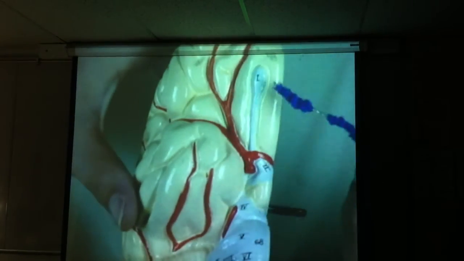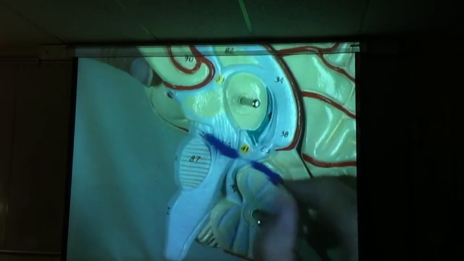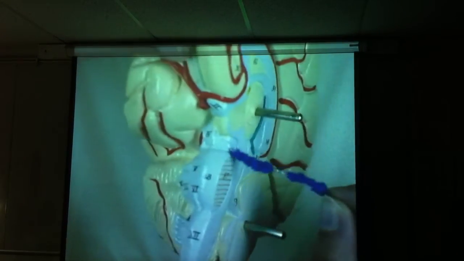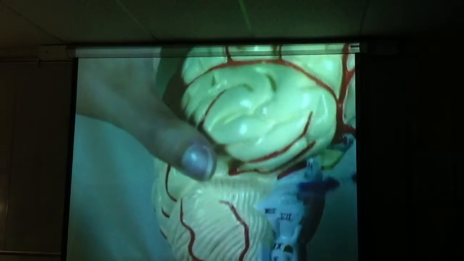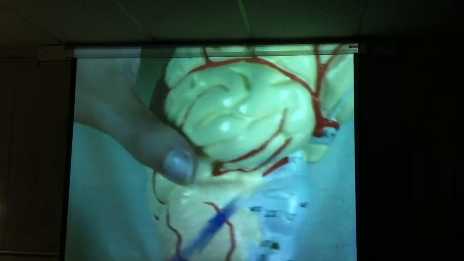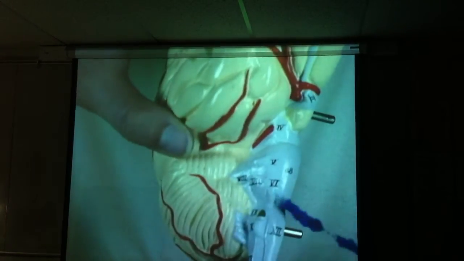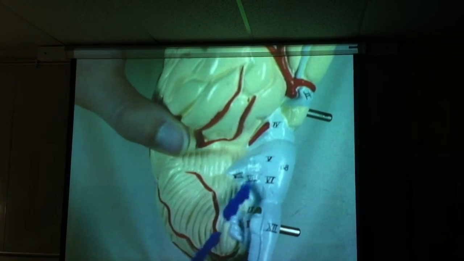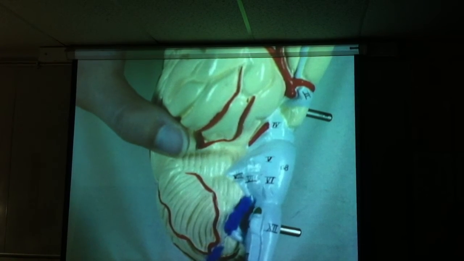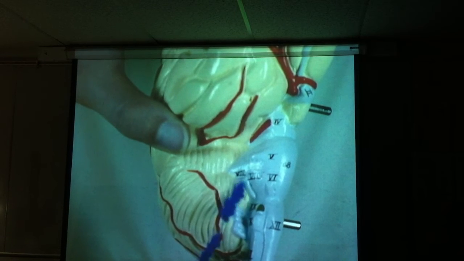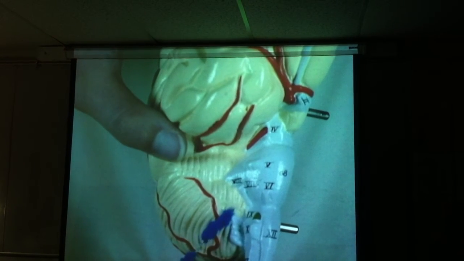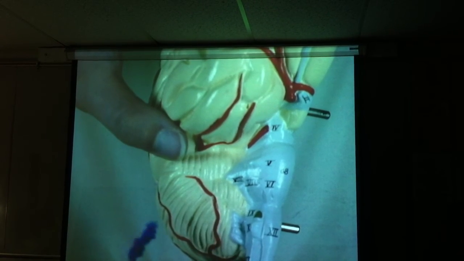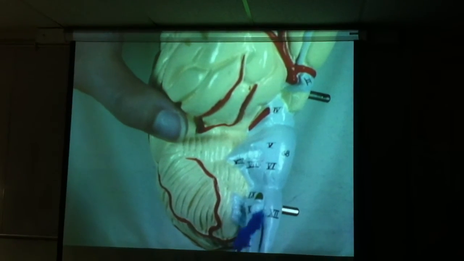cranial nerves. So this is olfactory, here's optic. Your oculomotor is right here, coming from this area. Trochlear is coming up from here. Trigeminal, abducens, facial is number 7. Number 8 is vestibulocochlear. Number 9, glossopharyngeal. Number 10, vagus. Number 11, accessory. And number 12,